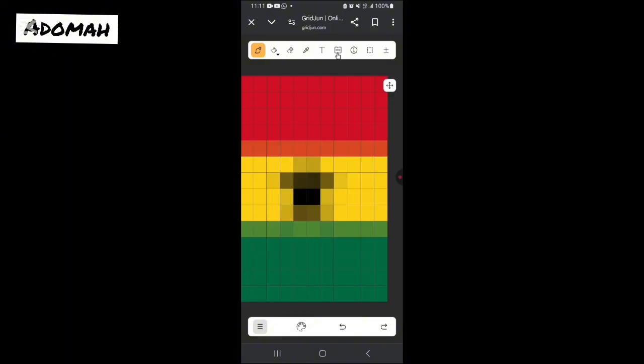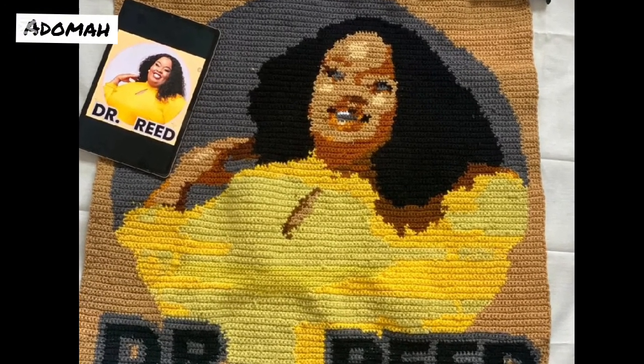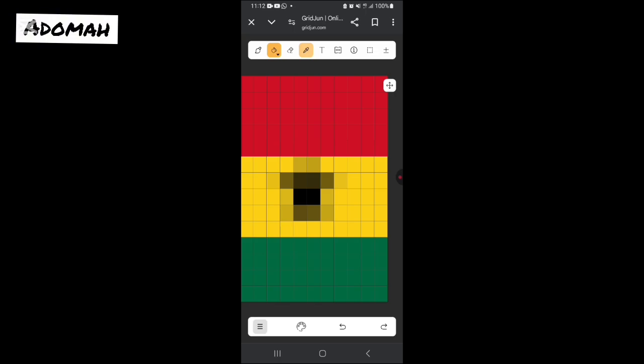At first, it gives you this blurry look, so it's up to you to fix it. The color quantization button helps you to limit the colors. Using this as a reference, I go ahead to fix it by clicking on the paintbrush or bucket fill icon where I can correct the colors